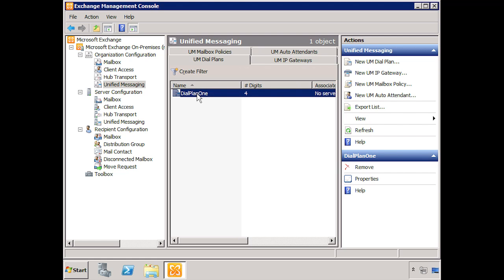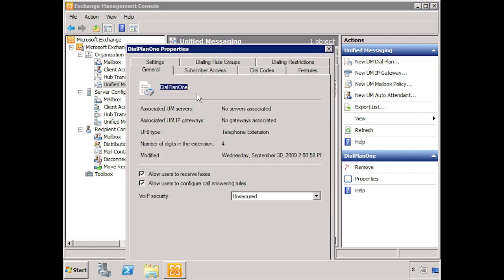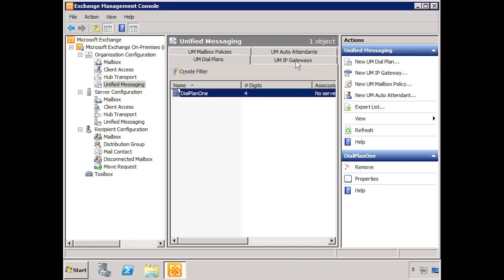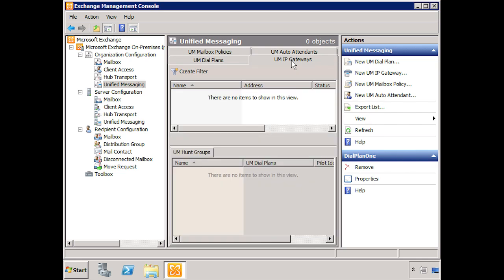We can also go back to the dial plan, and we can make changes to the dial plan settings. You can see it's a little bit more extensive. After you create the dial plan, you can go back and you can change some of the options within the dial plan itself. The next step is to create an IP gateway. Now all we're doing here is telling our unified messaging server where our AudioCodes voice over IP gateway is located. So if we click New IP gateway,